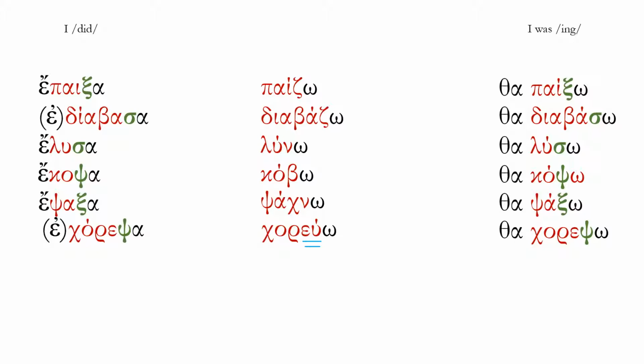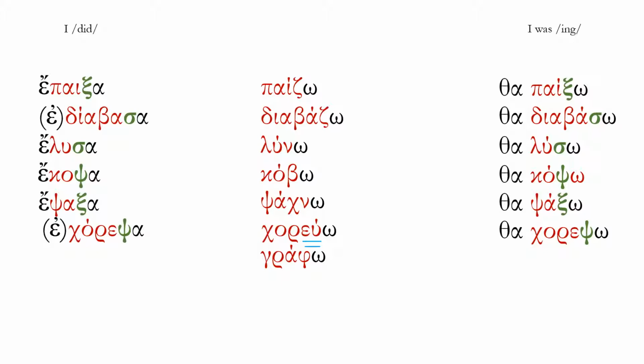Χόρεψα. And again, remember the rule of the accent. It's got to be somewhere on the last three syllables. So we can't move it to the epsilon. We can't say εχορεψα. That would violate the rules. Okay, and then